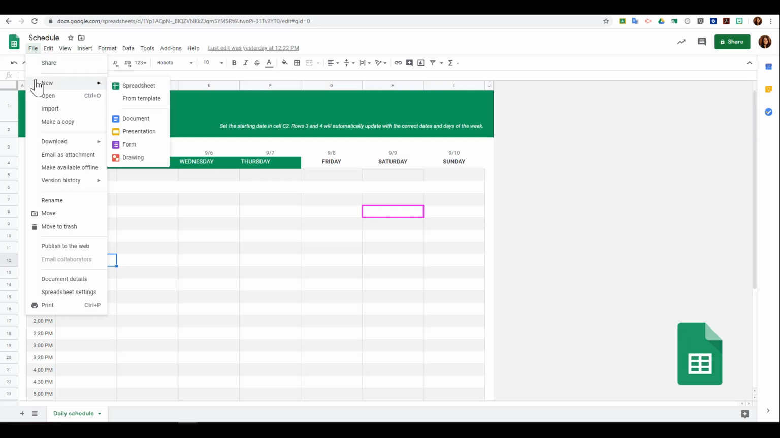Below that, you can create a new spreadsheet, or you can open the templates that we looked at before as well. You can also quickly create a new Google Doc, slides, form, or drawing right from within your Google Sheet. Here you can also open a Sheets document that you already have in your Google Drive. You have the option to import a Google Sheet from your Drive, or you can make a copy of this